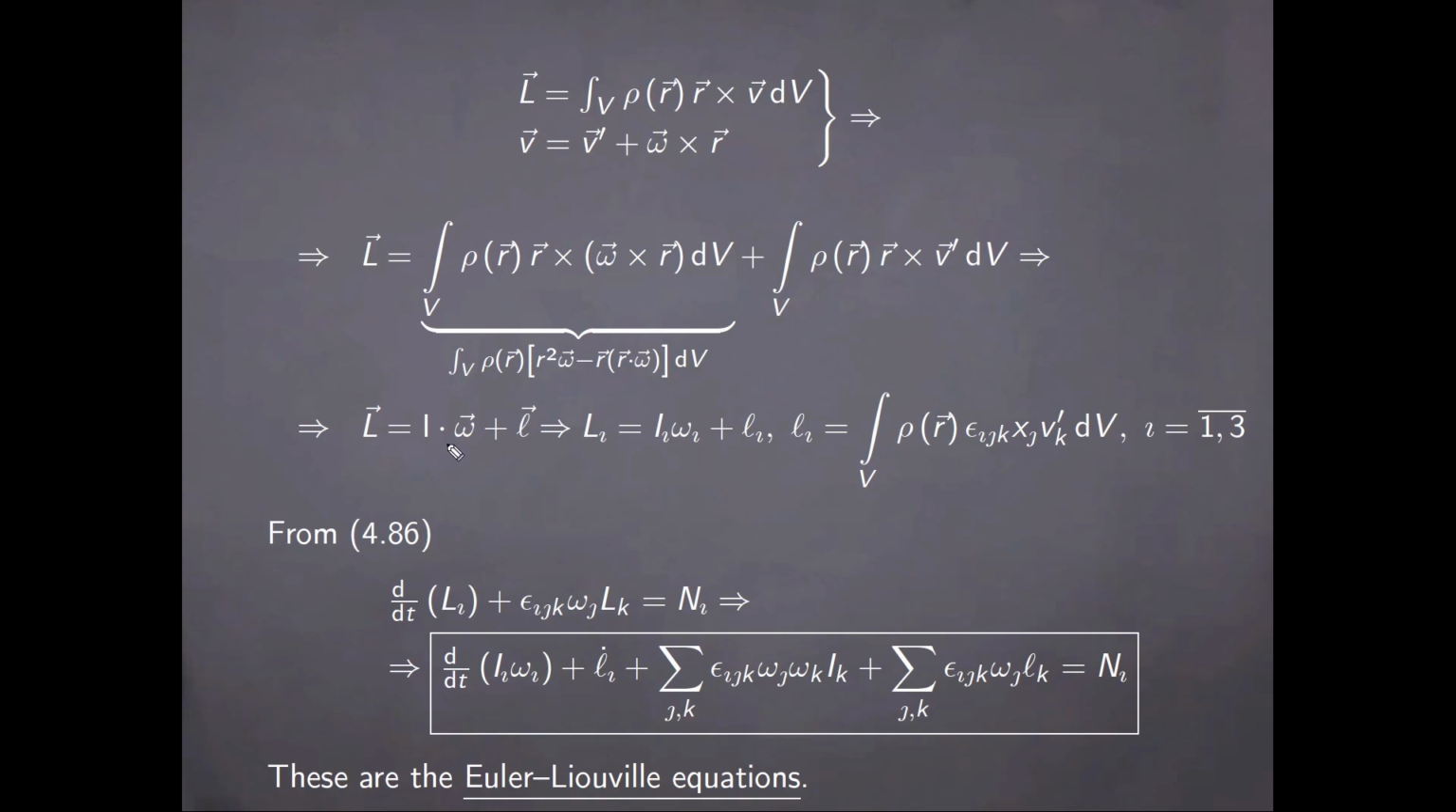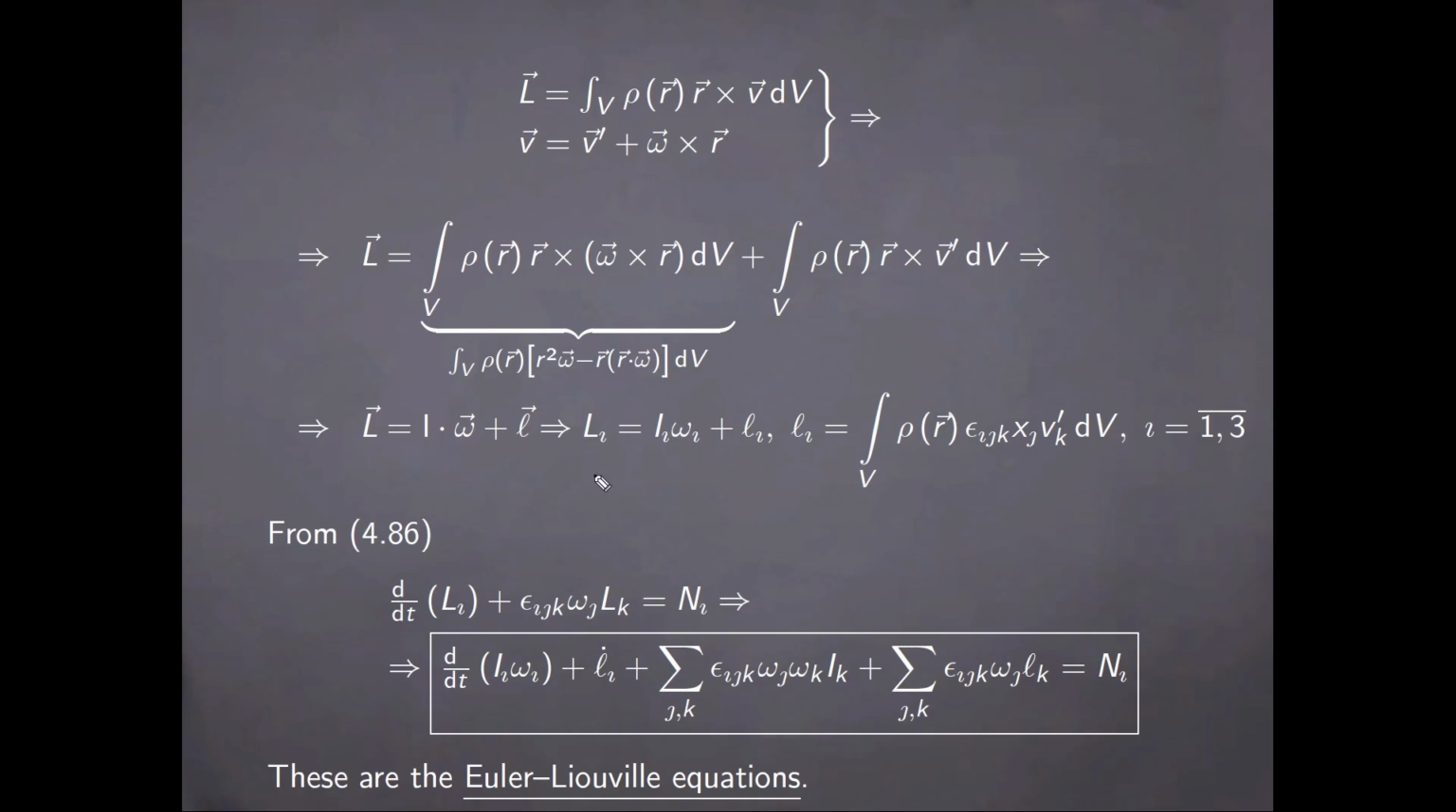The first one is obtained from the contraction of the inertia tensor with the angular velocity, and the other one is an intrinsic angular momentum that is visible due to motion of a specific part of the body relative to the body set of axes. So then in component form, each component of the angular momentum is given by this kind of sum where the second term is given by this integral. And then once again using equation 486,